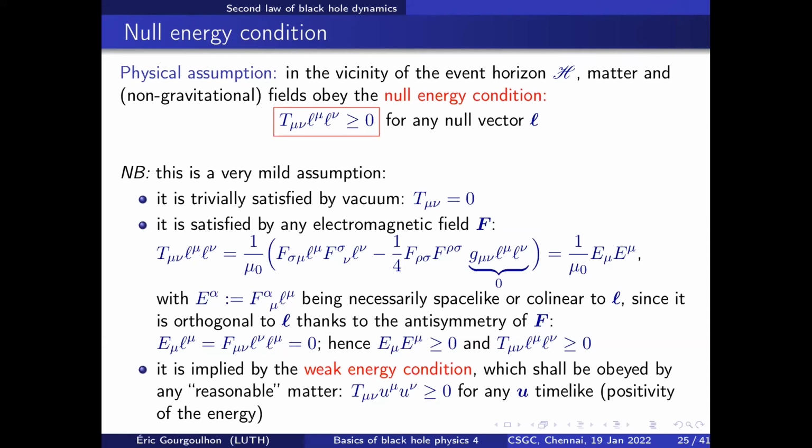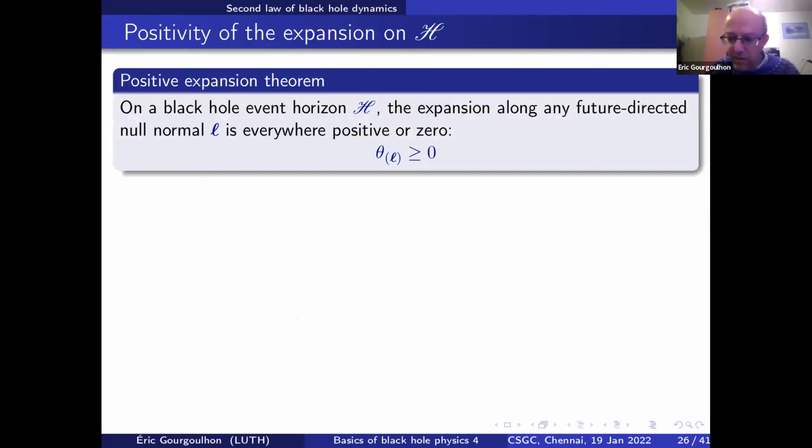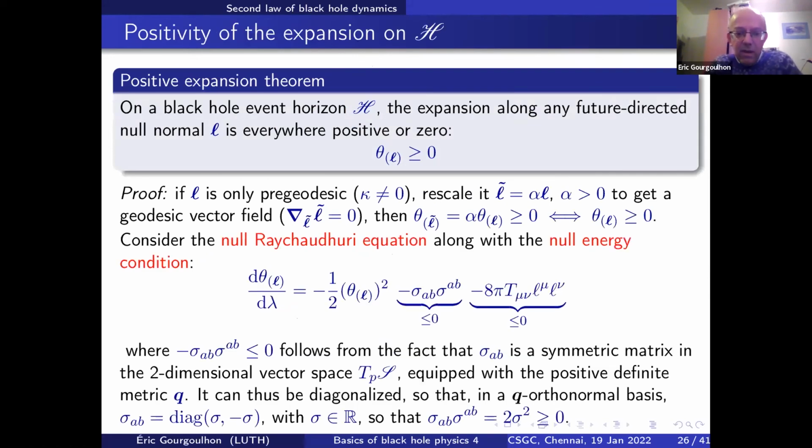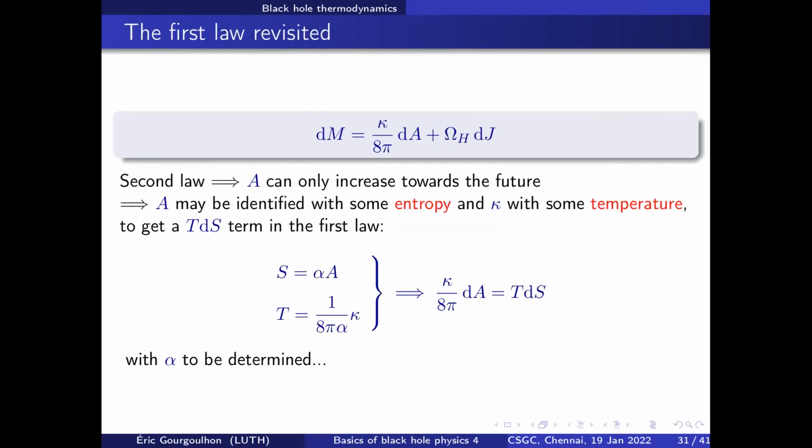So one final question. Can you please go to slide number 31, sir? Yes. So here in the first law, you have obviously a non-zero kappa, so your temperature is non-zero. But in the proof of the second law, you have implicitly assumed that your null generators are affinely parameterized, so your non-affinity parameter is zero. Does the proof change if we choose a non-affine parameter, that is, kappa non-zero?